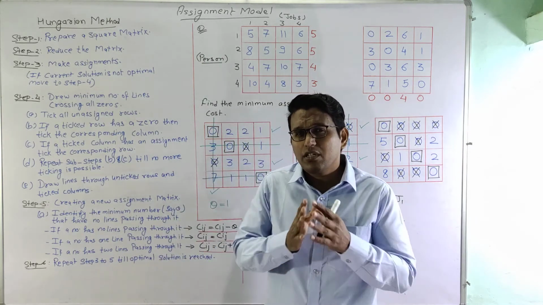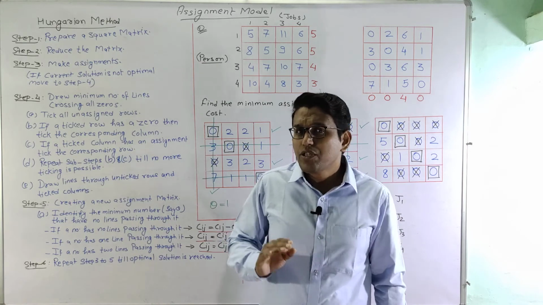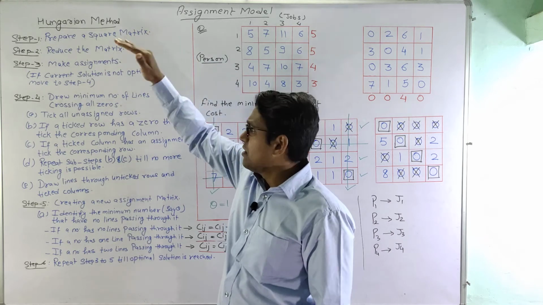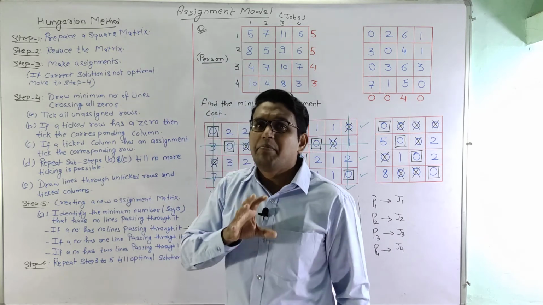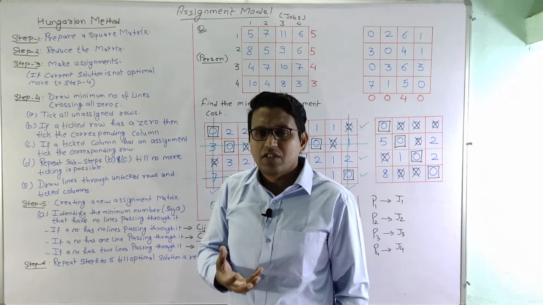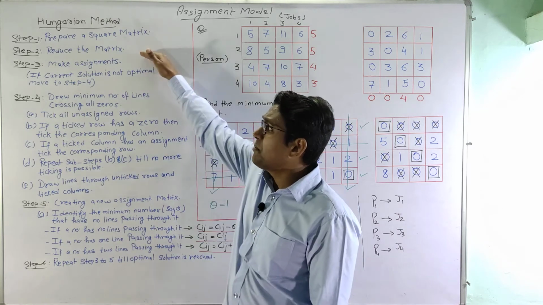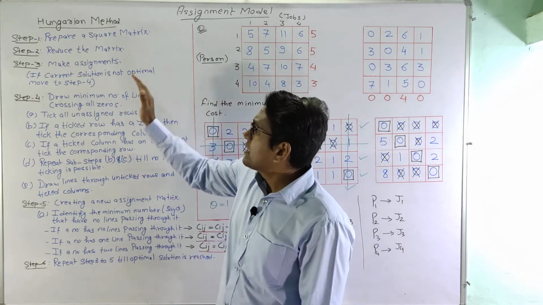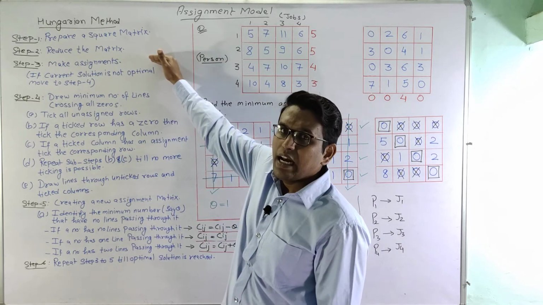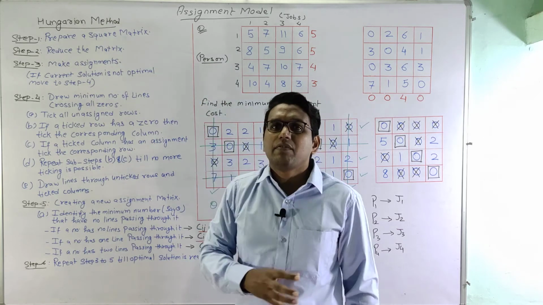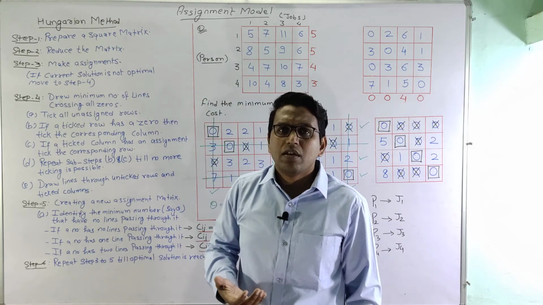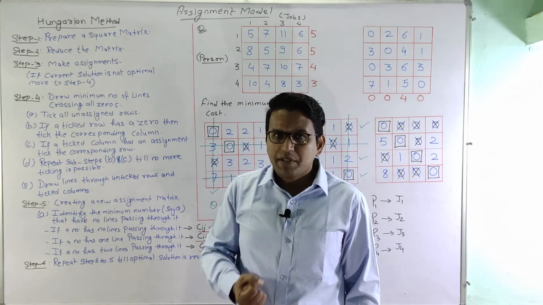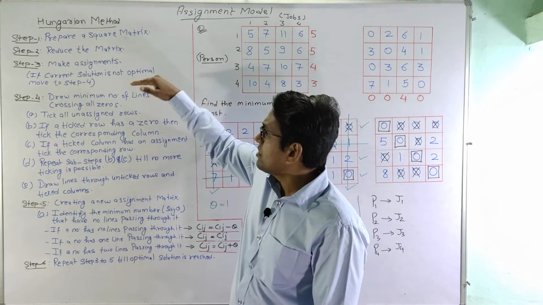Let us again see what are the steps we follow. First we need to make the matrix a square matrix if it is not a square matrix. Then to reduce the matrix, we can reduce the matrix through row reduction or column reduction. Then we need to make an assignment, and after assignment we need to see if our solution is optimal or not. If our solution is optimal, then the value of z has been obtained, and if the solution is not